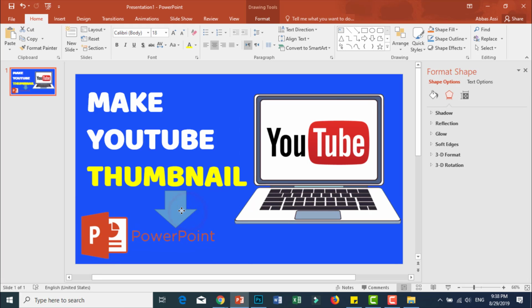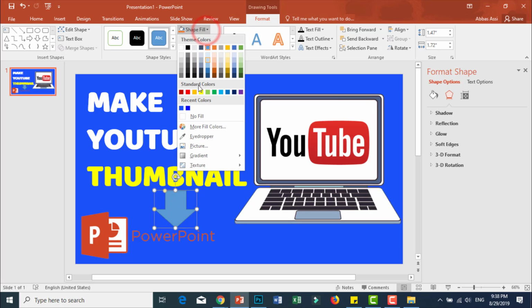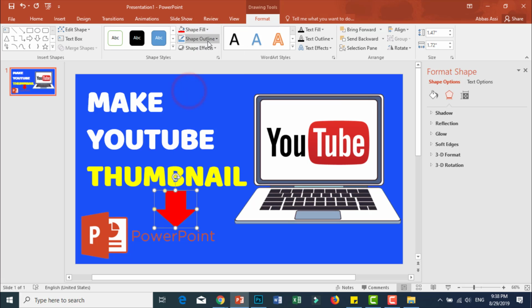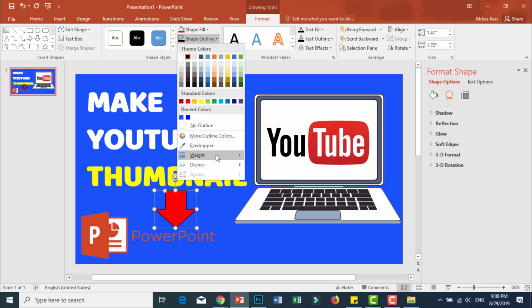You can insert and change the color of this shape. Double click, shape fill, okay, red, shape outline black. We can increase line weight,